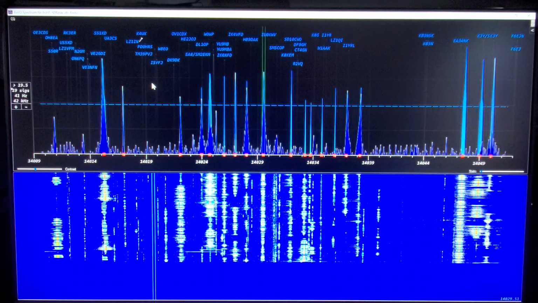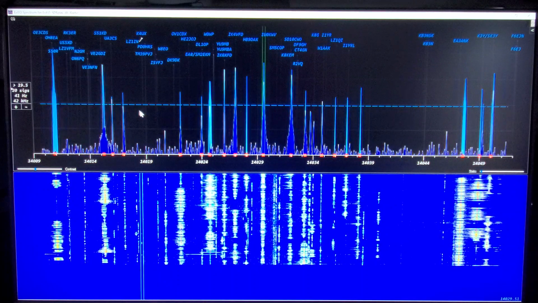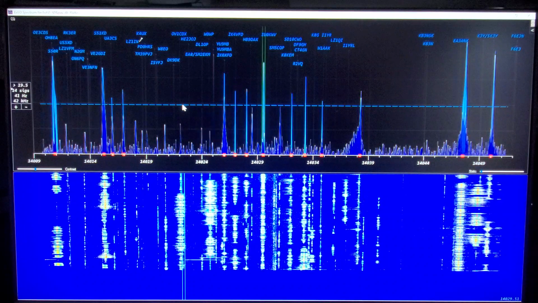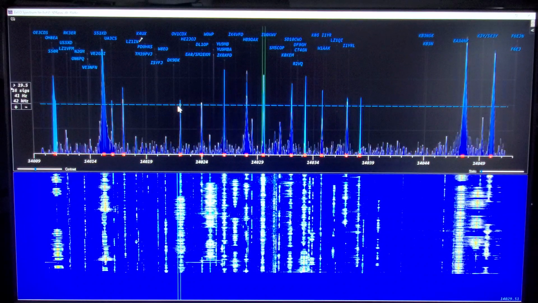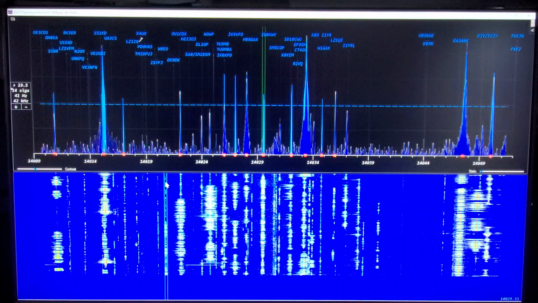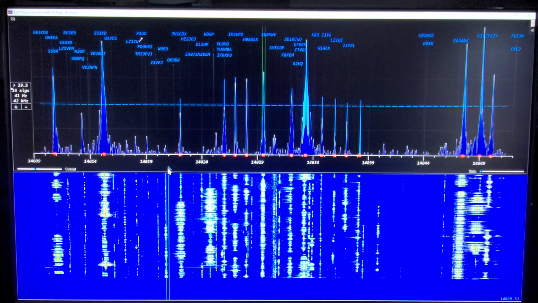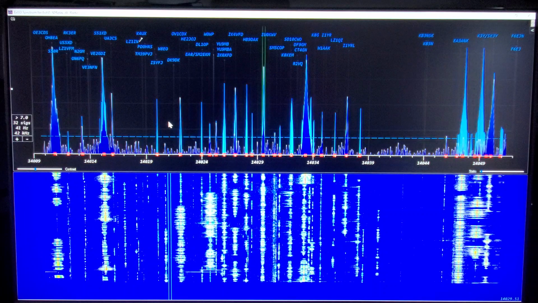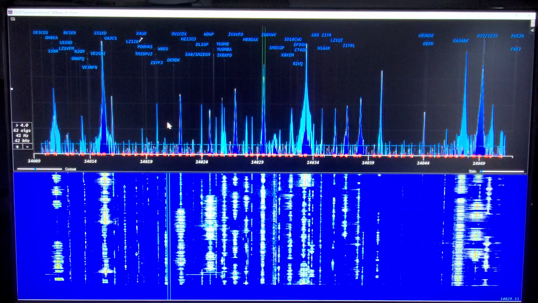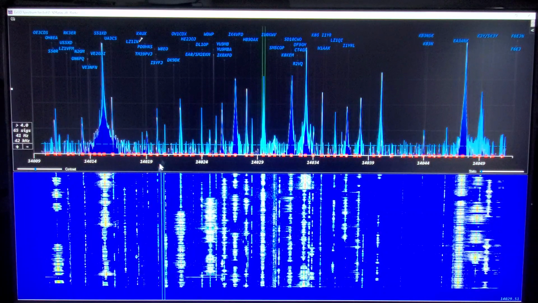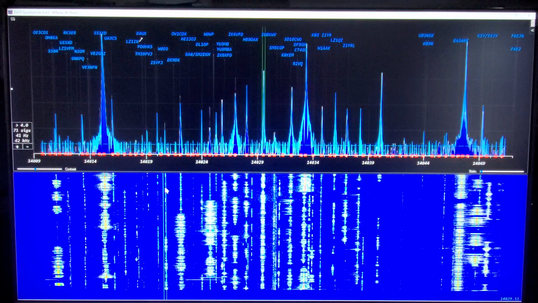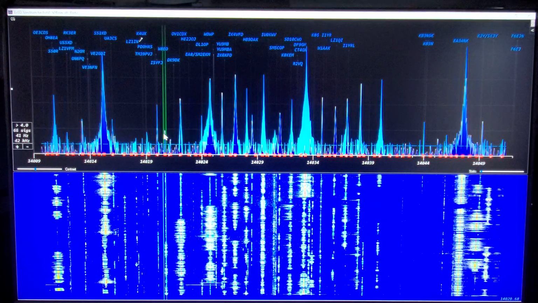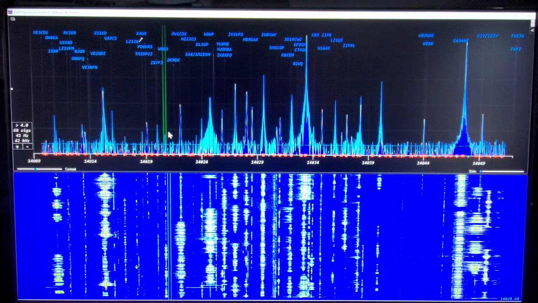Some of the operational things about the spectrum display: this blue line is the threshold that the program uses to determine that something's a signal. You can see that this guy here is a signal, but we're not picking it up. So if we roll this down until he starts peaking above, this one right here is now a signal, and we can click on it,